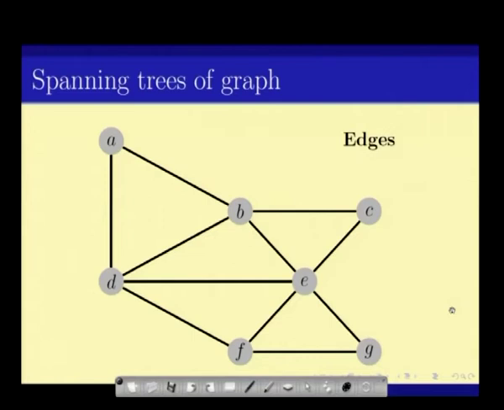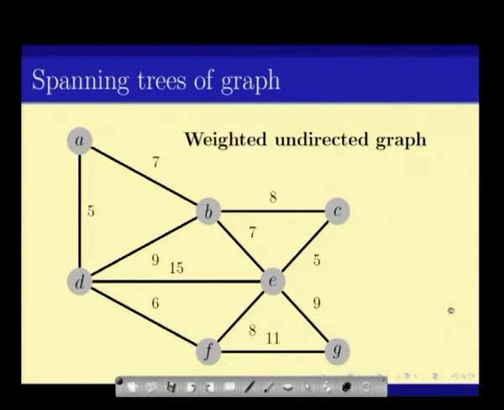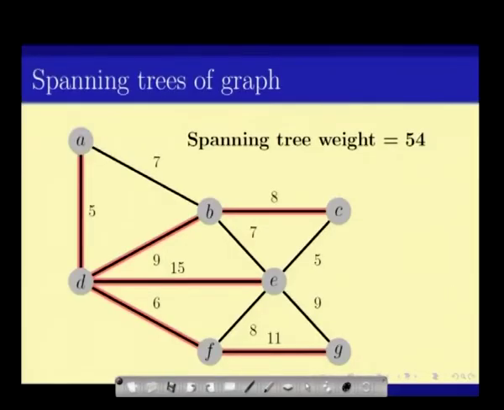Say, for example, here I have a weighted undirected graph, and I want to look at the spanning trees of this graph. A graph can have many spanning trees. Note that a spanning tree is just a subgraph that is a tree, meaning it does not have a cycle and it touches all the vertices. Here is the graph. Why is this a spanning tree? First of all, all the vertices are touched, so it is connected, and secondly it is a tree because we can see that it does not have any cycle,